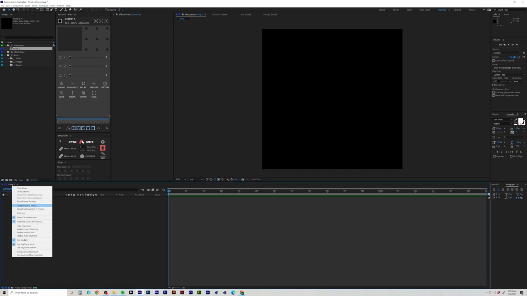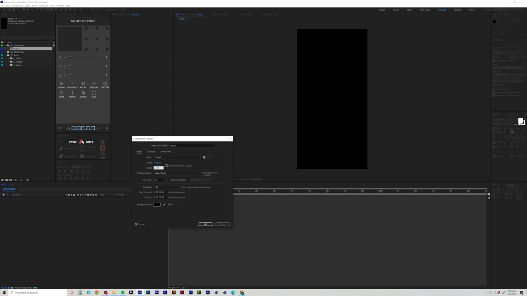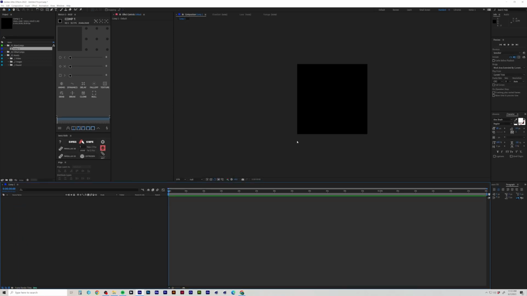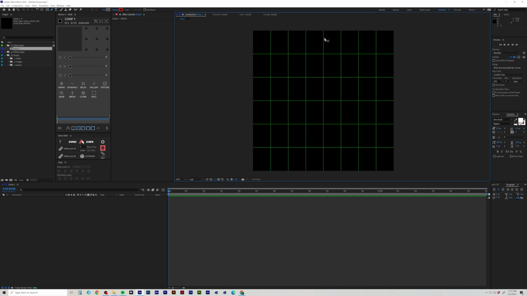Actually, you know what? I'm going to make this 2K, only because warping shape layers is going to be pretty heavy on the PC, and it might crash. Let's see what happens. Cool. So I'm going to make one streak like that